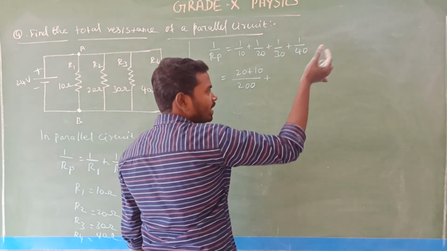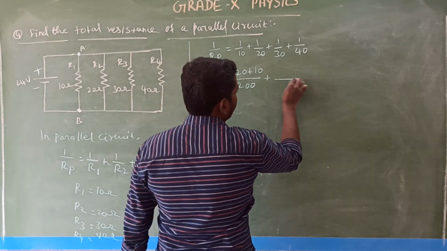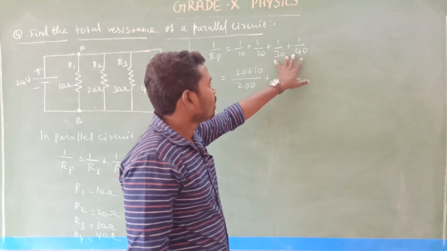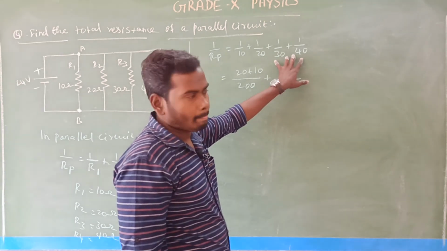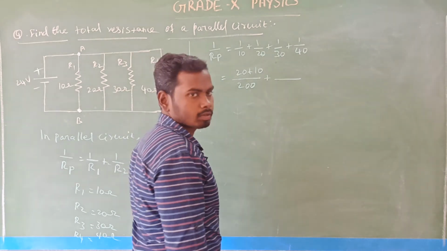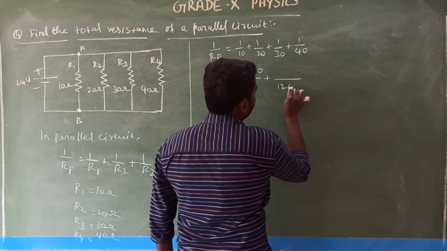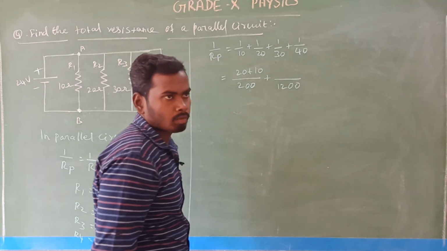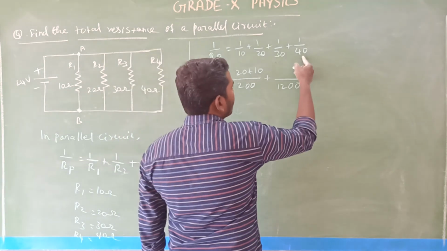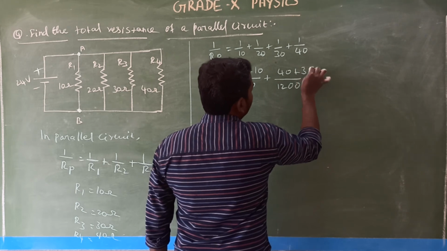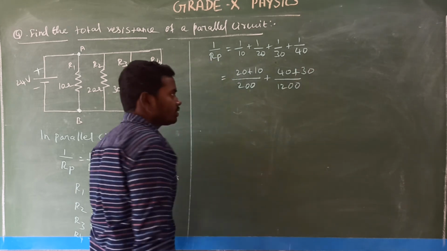Second, which means the remaining two fractions here. For the second set of two fractions, you multiply the denominators. So 3 into 4 is 12, and the remaining 20, that is equal to 1200. And make a cross multiplication: 1 into 40, that is 40, plus 1 into 30, that is 30. That's all, students, very easy one.